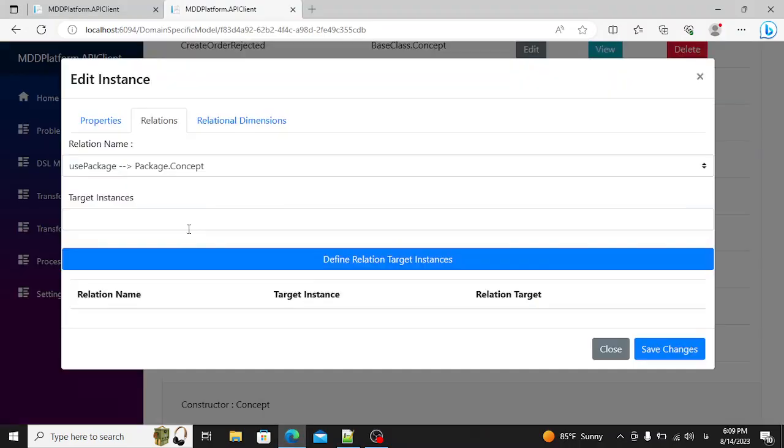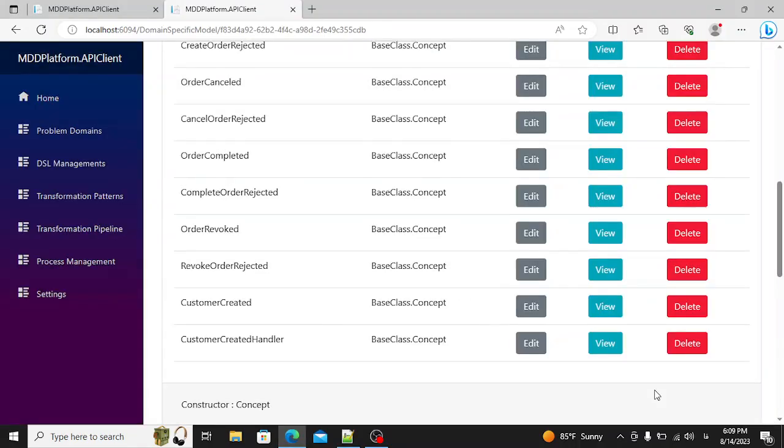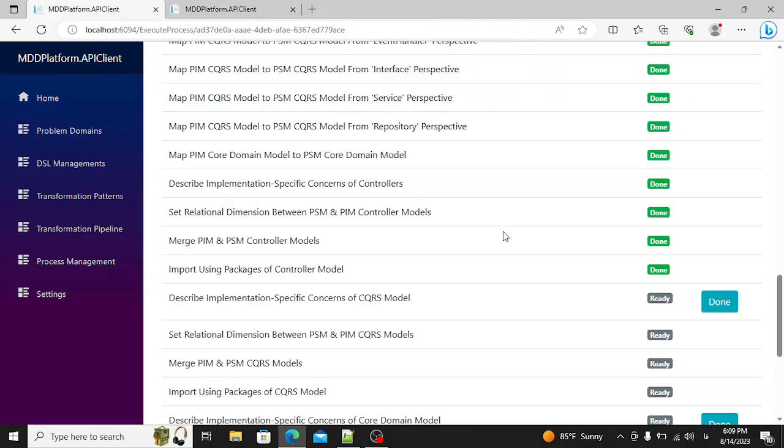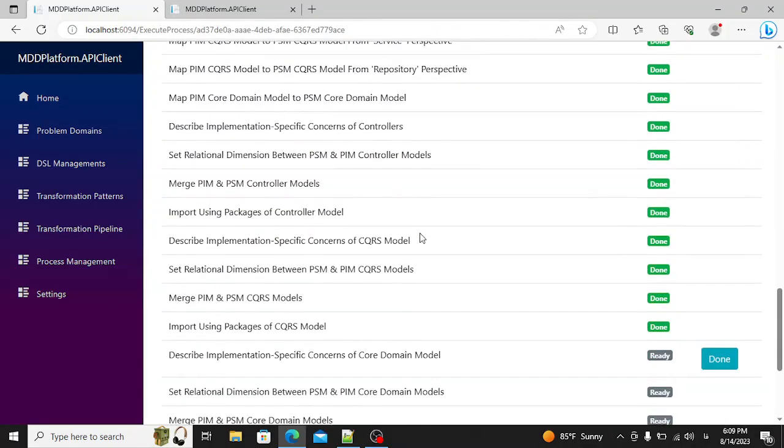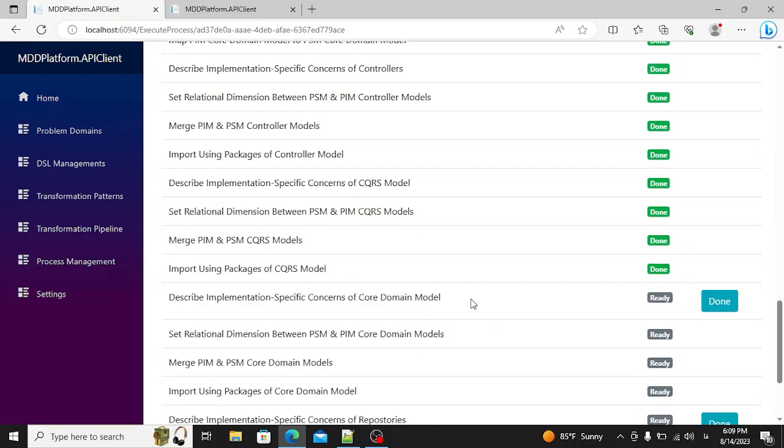I believe all the packages have been defined, allowing me to mark this task as complete and proceed with the process execution. The process continues until we reach another manual task, which I will cover in a subsequent